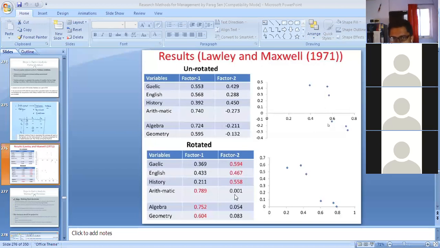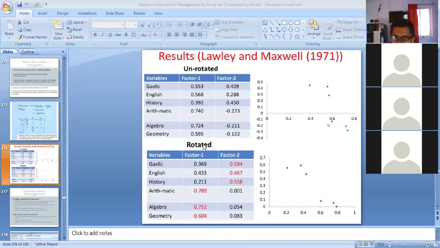We can accept this because this has happened only in case of one variable. In case of other variables, the difference has been significantly increased. For example, for history, 0.39 and 0.5 have become 0.211 and 0.558. So in other cases the difference has been increased. So you need to consider the overall thing.